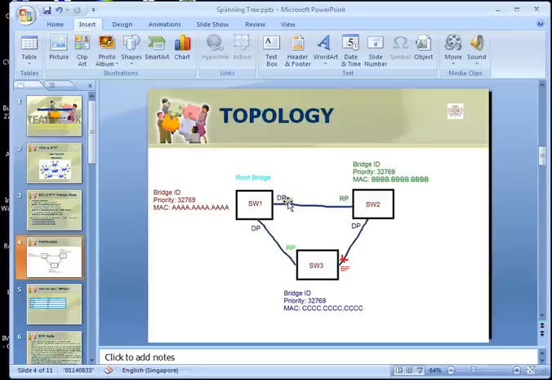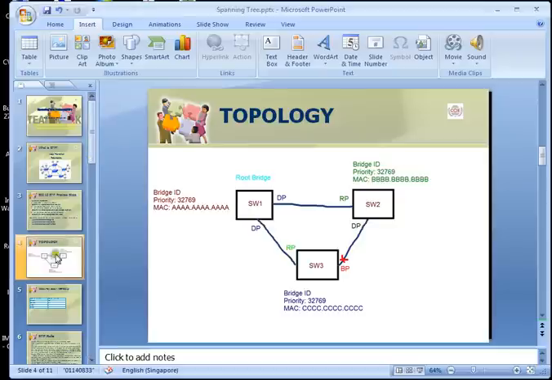Okay, assuming that all these paths have the same cost, we can see that the cost from switch 2 directly to switch 1 should be less than the cost from switch 2 going to switch 3 and back to switch 1.